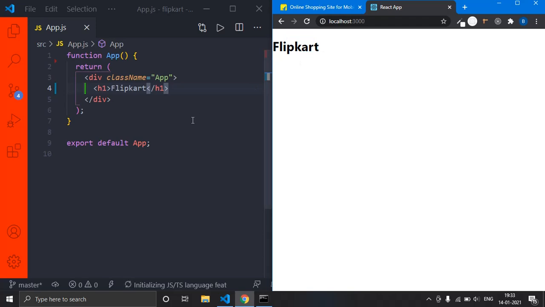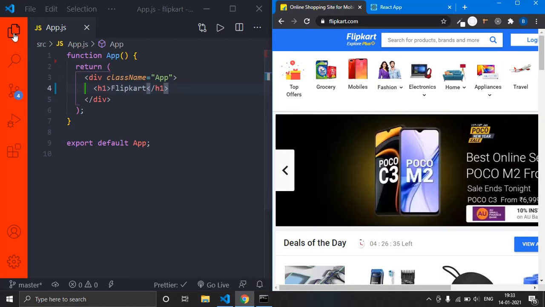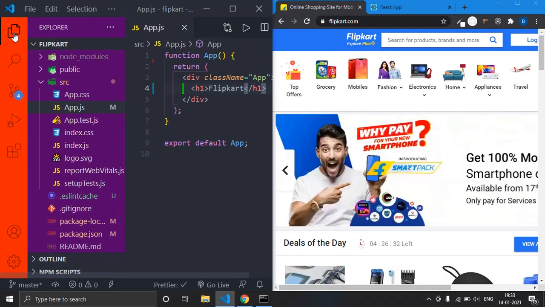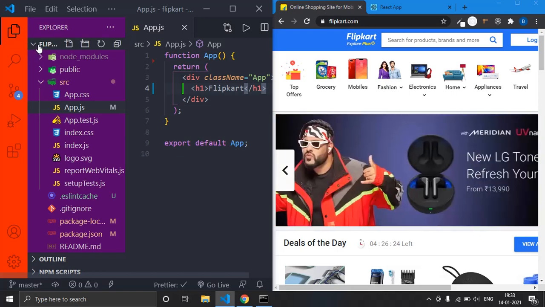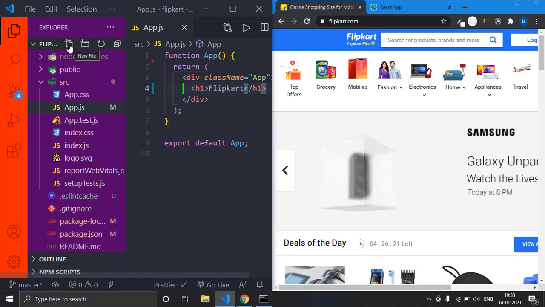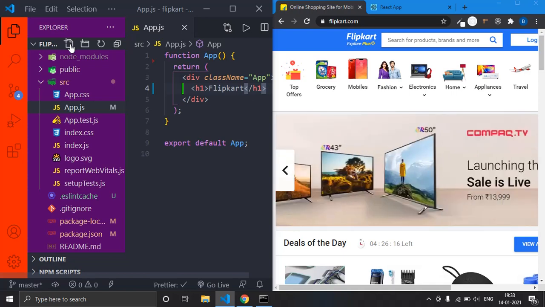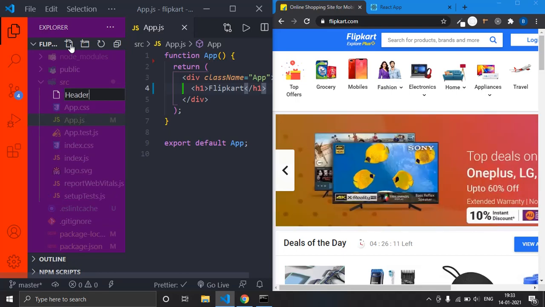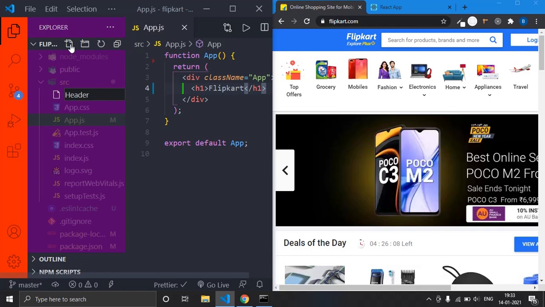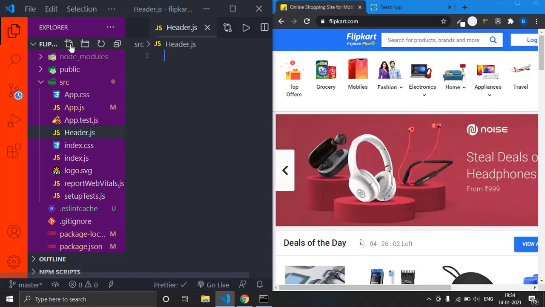We are going to make this header, right? So I'll create a new component, that is a new file named header. In order to do that, just click on this explorer, or press Ctrl B and hover over your folder name, and you can see the new file option, just click on that. The file I'm going to create is header. Make sure that the first letter is capital, that is the naming convention, so Header.js, okay, and just press enter, and it will create a new file and take you over there.